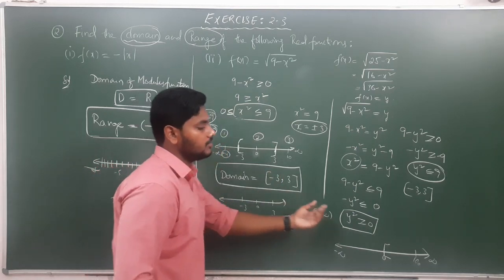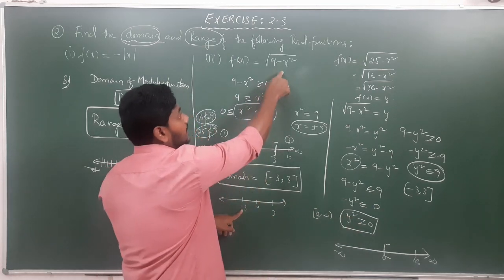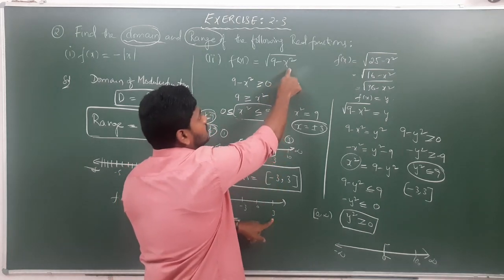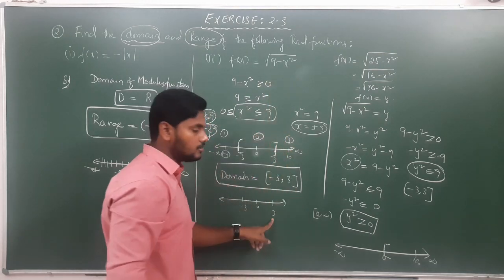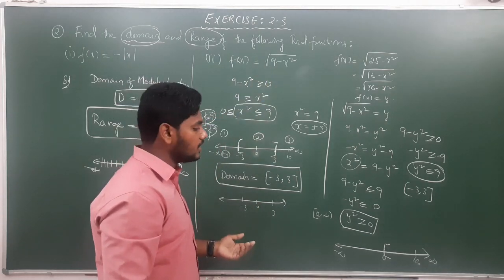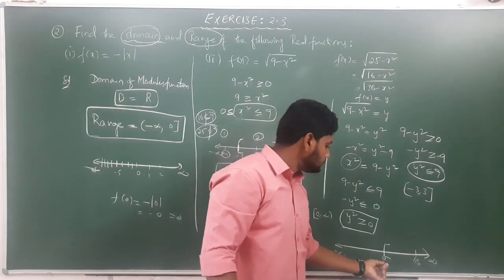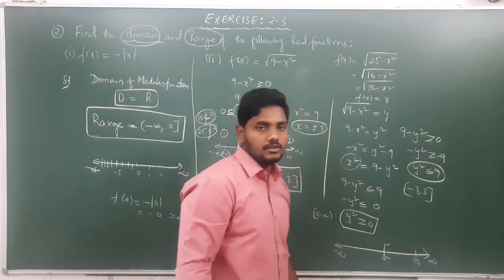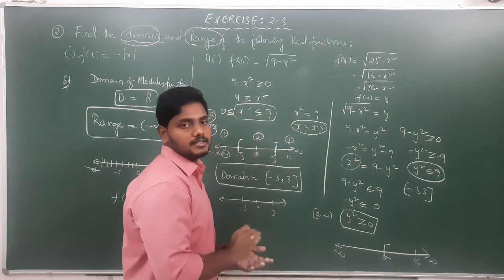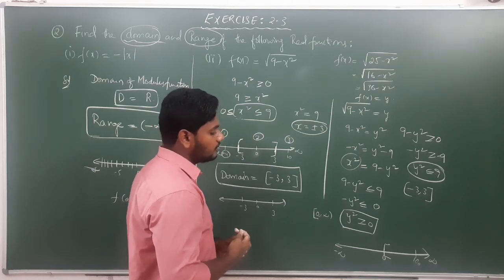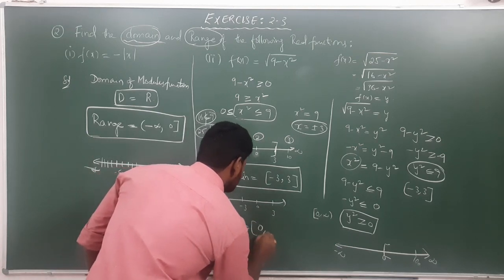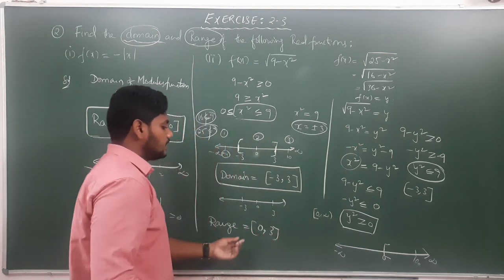if you take any value and substitute, do we get 100? If you substitute minus 3, square is 9, 9 minus 9 is 0. For 3, square is 9, 9 minus 9 is 0. If you substitute 0, 9 minus 0 is 9, square root of 9 is 3 only. So you won't get 100. That means 0 to infinity is not an appropriate answer. Then how to identify that entire region? I will consider the range as 0 to 3. For this function, the range is only 0 to 3.